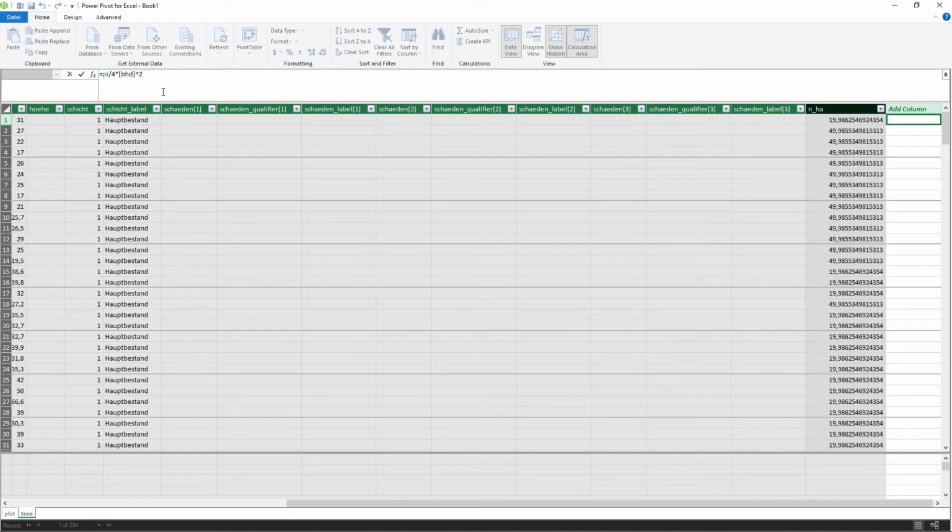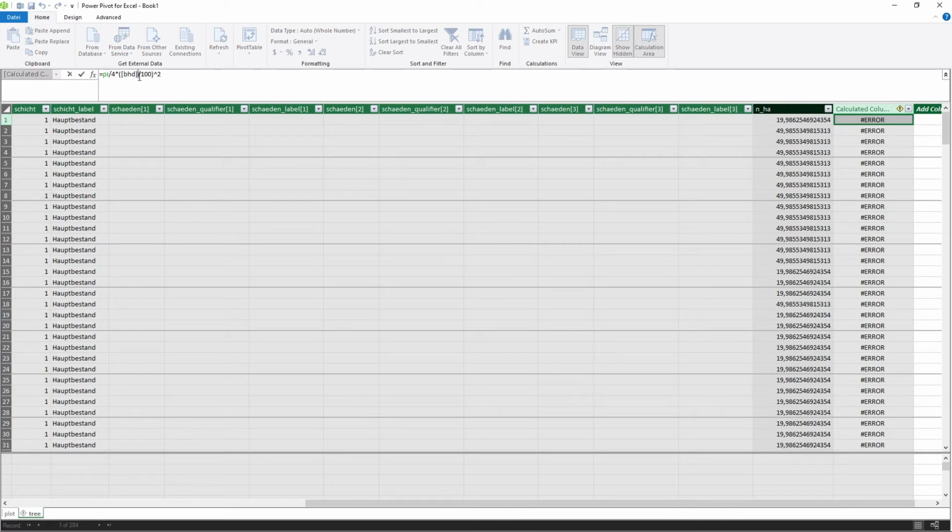This would now give us the basal area in square centimeters, which is maybe not nice because usually we want to have it in square meters. What we can do here is we can divide the diameter by 100 to get the result directly in square meters.